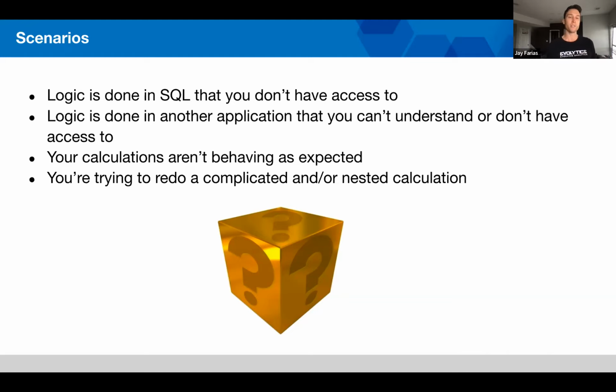And you can see the output and you need to recreate that. Your calculations just aren't working correctly, or you're trying to redo a complicated or nested calculation. I actually had an instance this morning where I had two different sheets in my workbook that I needed to display the same metric, but one of the sheets used filters to achieve that metric and the other used calculated